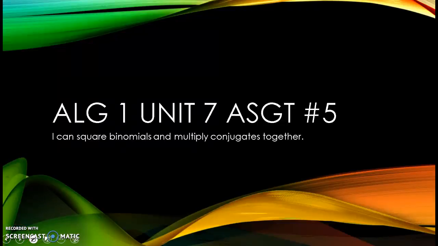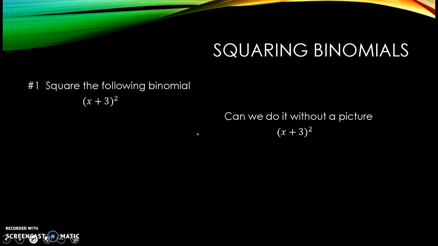All right, so we're going to continue multiplying in assignment number 5. We're going to be multiplying binomials, but specifically we're going to be squaring binomials, and we're going to be multiplying what are called conjugates together. So we're going to learn what those are. Not a lot that's new in this lesson, so I think you'll like it, as far as not a whole lot to grasp on top of what we already know. Let's go ahead and get started with